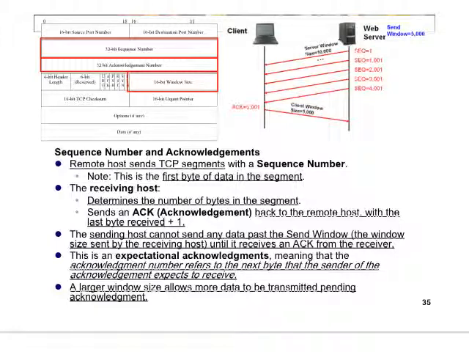The sequence number starts with, let's say, 1 to indicate where I'm starting from. As we said, we don't have to start with 1. The initial sequence number could be like 100, in which case we'll start with 100 and the next one will be 1,100. But here this example talks about a start sequence number of 1. So the first segment will start with sequence number 1, and then the client can reply back by saying,